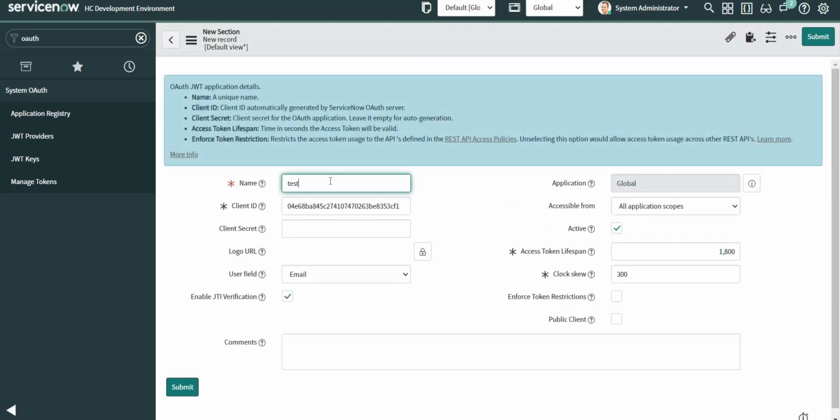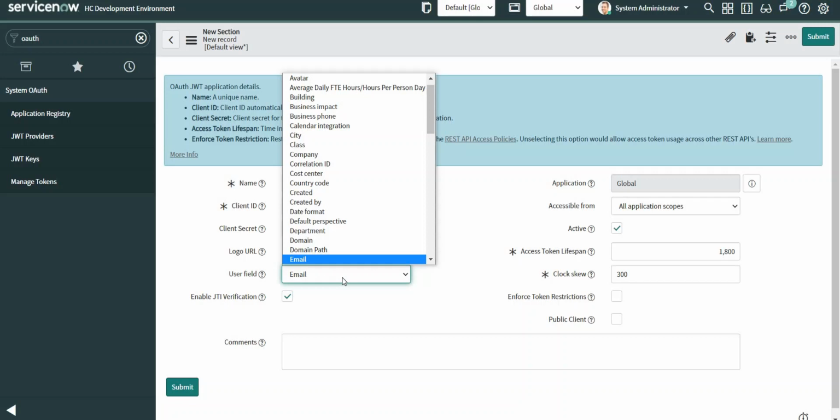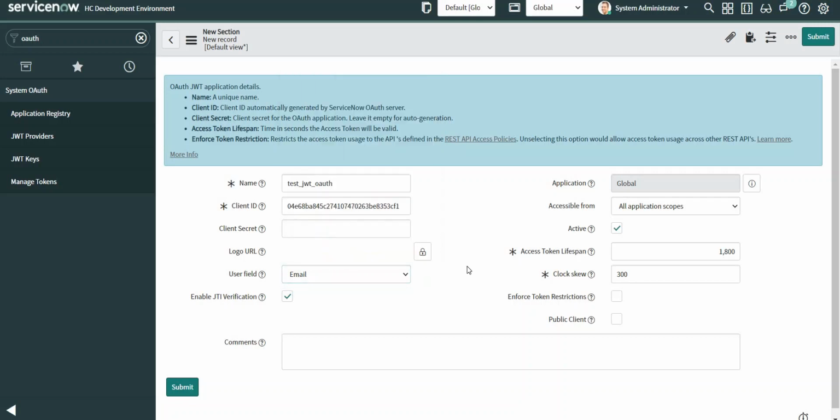and I'm going to give it the name test JWT underscore OAuth. This is the client ID, automatically generated, and the client secret will be automatically generated once I save this form. On what basis the JWT token will be generated and accepted by the system is based on the user specific fields. By default email is selected, and I prefer to use email, but based on your organization setup you can also select probably user ID if that makes things easy for you. And let me save this record